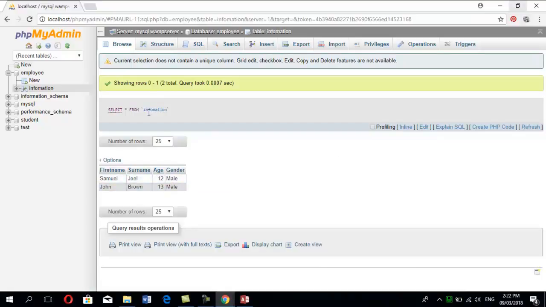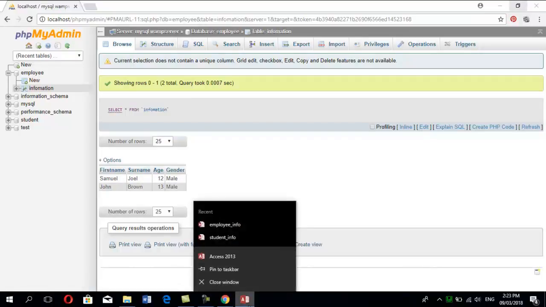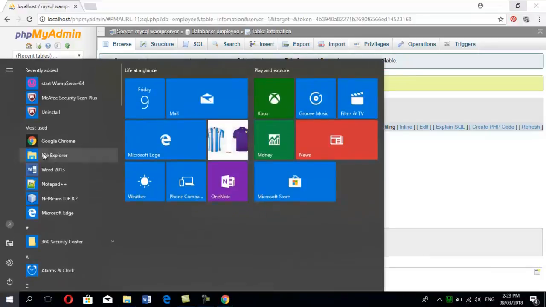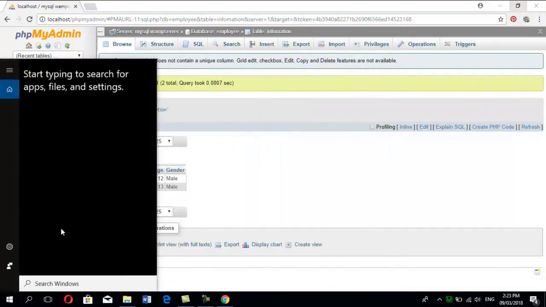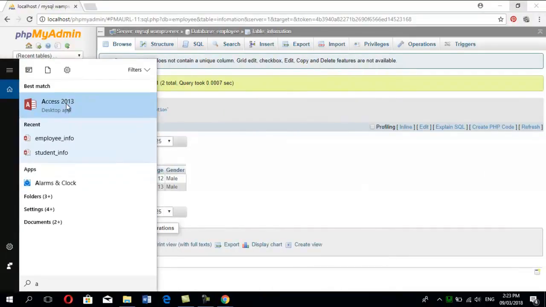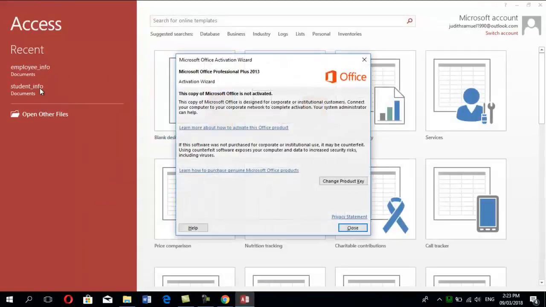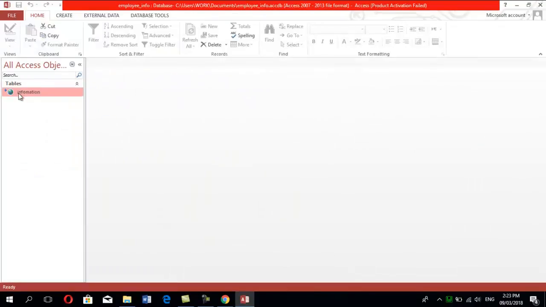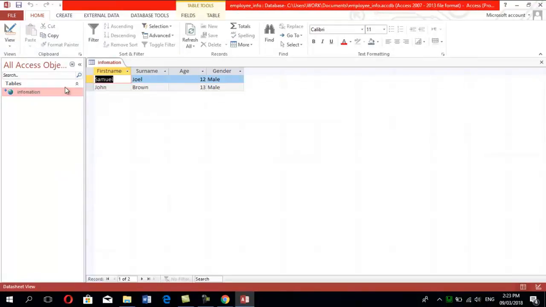So now, after that, we'll close off our Microsoft Access and open it again. And we'll select the database that we created, which was employee info. And here we'll click on the link again. And as you can see, the information was updated